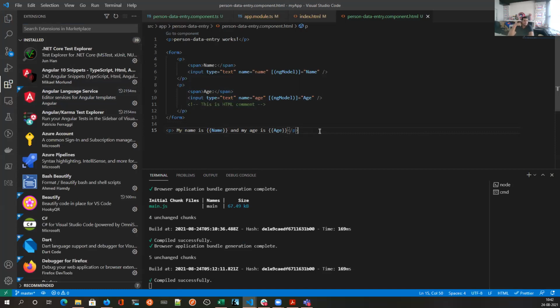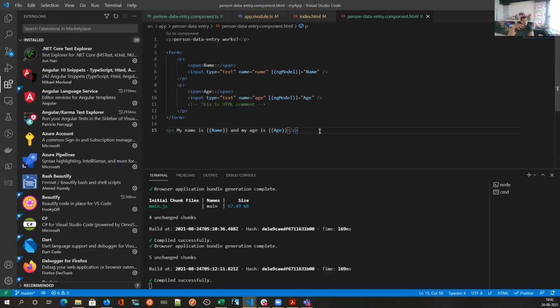Are you all clear? Yes. Okay. So next we will create a bit more complex application, more programmatically complex, not from the Angular perspective. What I want you to do is create a small person data record.